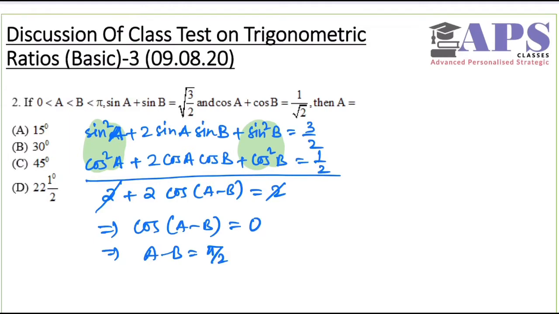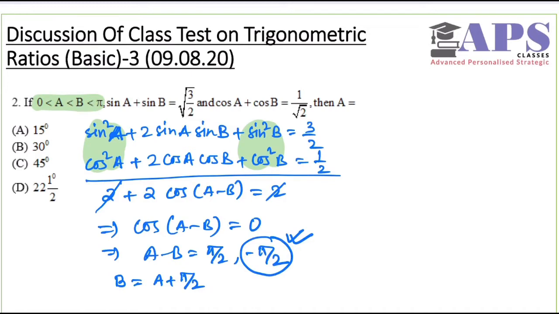So how to get a now from here? Okay, 1 minute. Here our condition is a is less than b, and a, b belong to 0 to pi. So if a is less than b, then I can have plus pi by 2 or minus pi by 2, but we will have to take the plus here because a is less than b. So our b will be equal to a plus pi by 2. That is the relation between a and b.